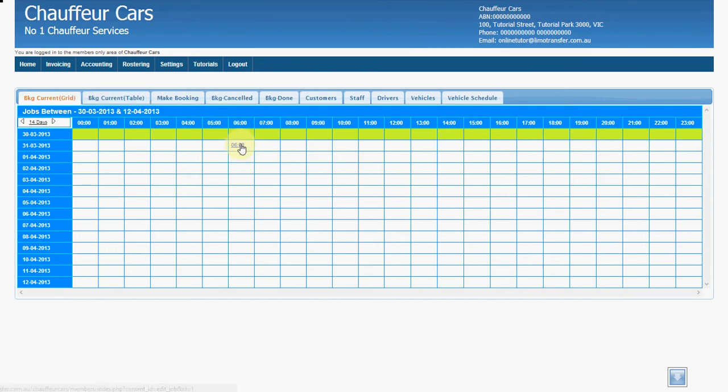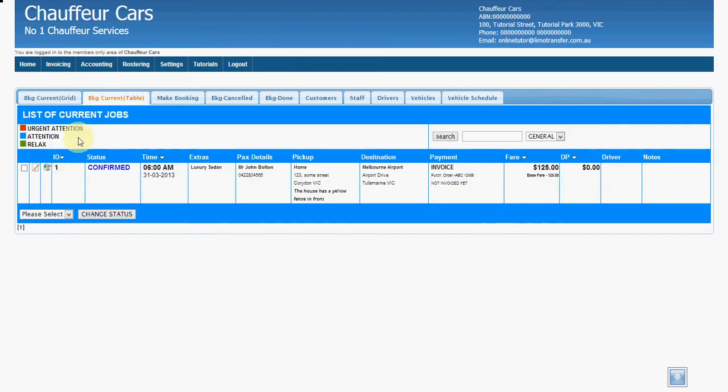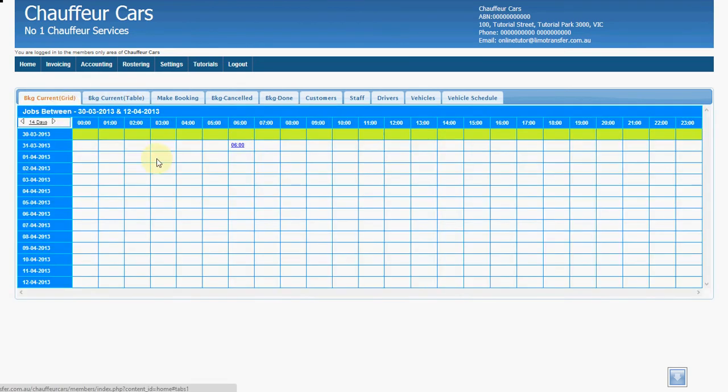So we have one booking we created in our last tutorial, one booking at 6 a.m. for tomorrow, that is 31st of the 3rd. This booking can also be seen in a tabular format. So if you click on the link here that says edit, or under the booking current grid, if we click